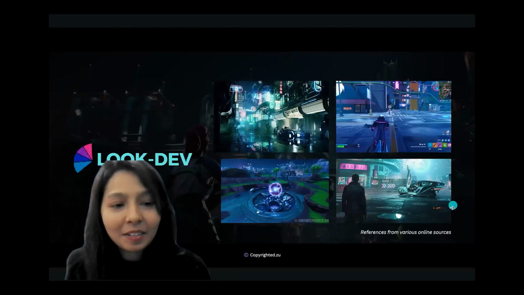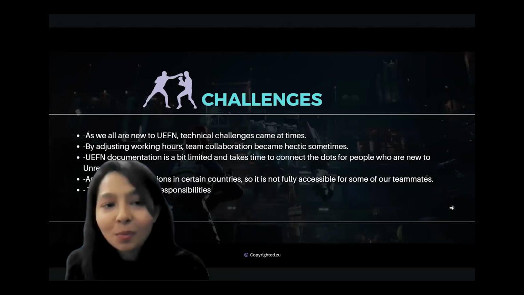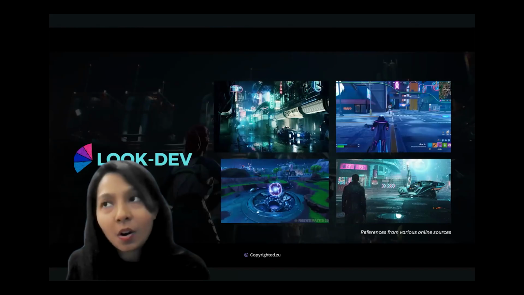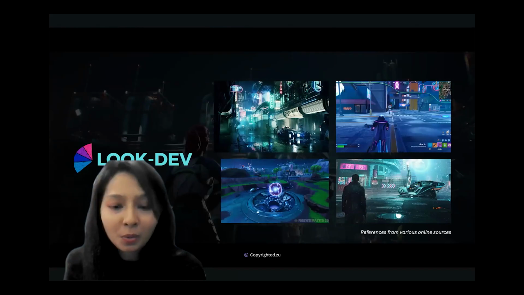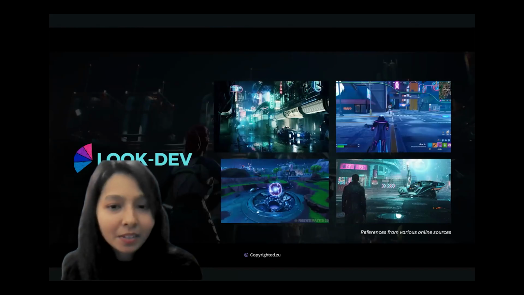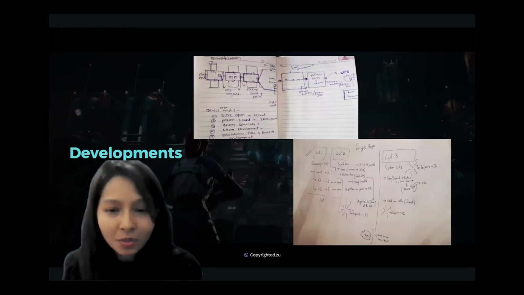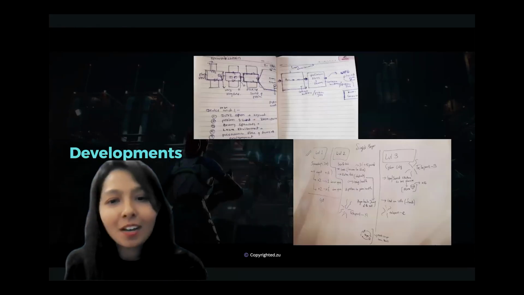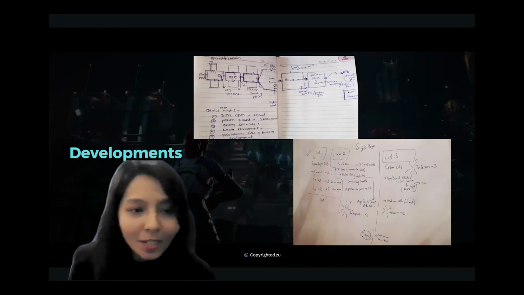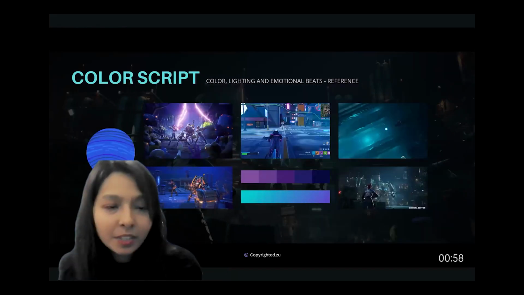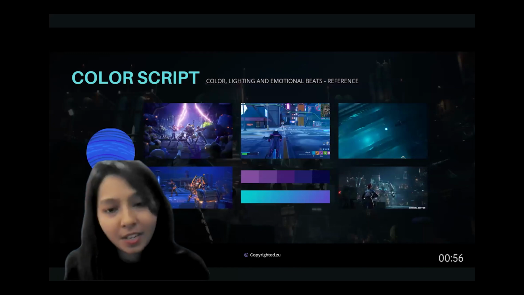behind the production of the game, where we need to outline the look and development. These are the sort of mood boards that help you identify the theme of your game as well, and also some of the development sketches. We had no idea about how to navigate inside of UEFN just yet, although we had some Unreal Engine experience from previous fellowships, and